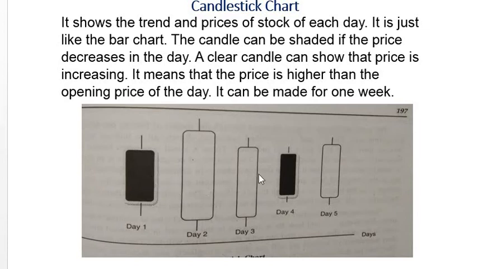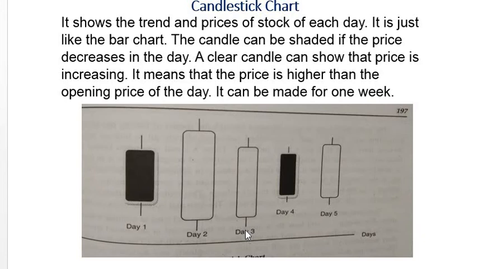Third day also there is no decrease. Fourth day there is a decrease. Fifth day there is no decrease. So it depends on this. Here it is specified by days only. As I told you, it can be done over a period of 1 week. Not many days can be charted. We can do for some 5, 6, 7 days, and that will show us how the prices have changed.